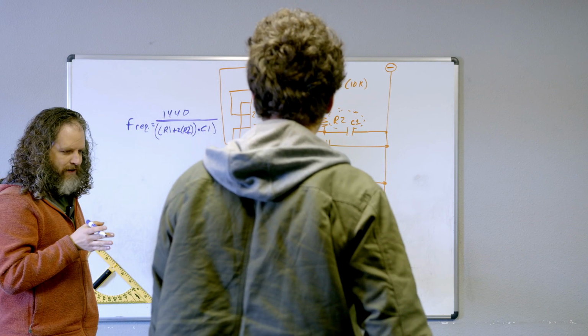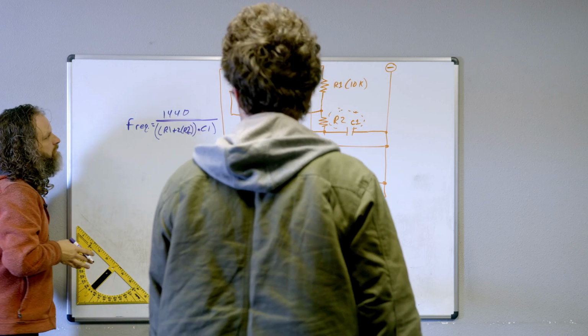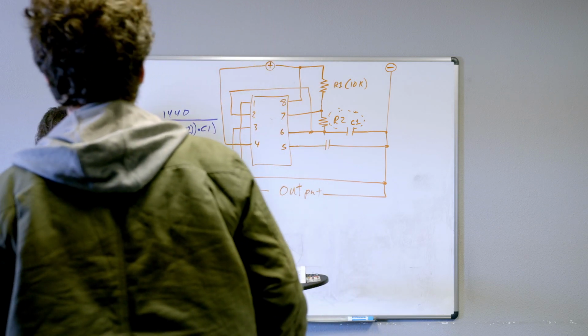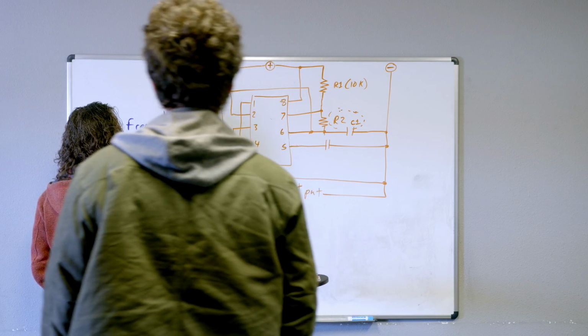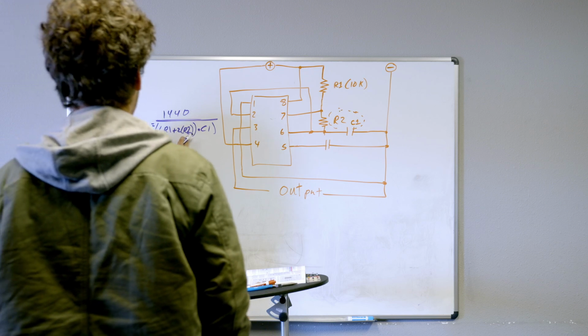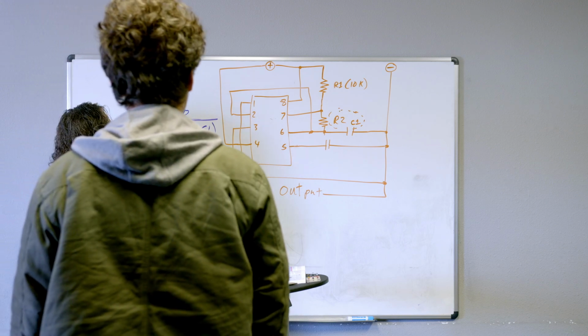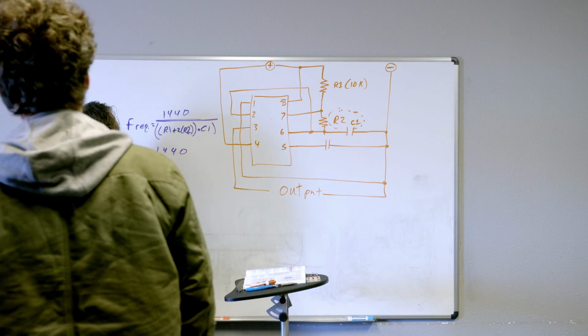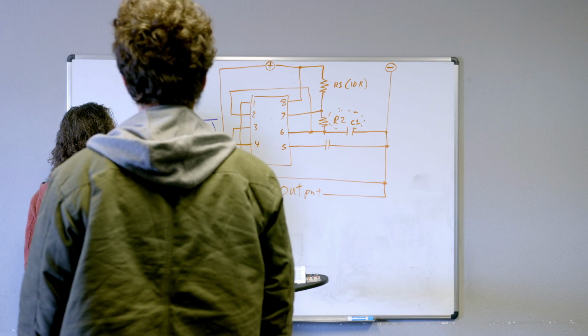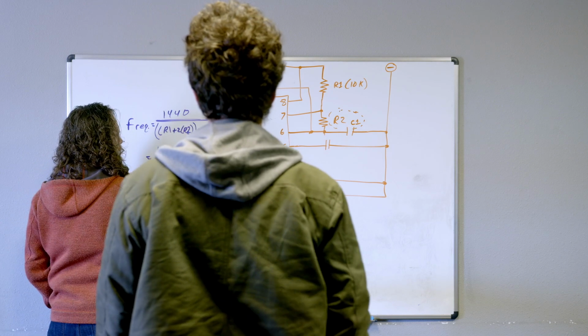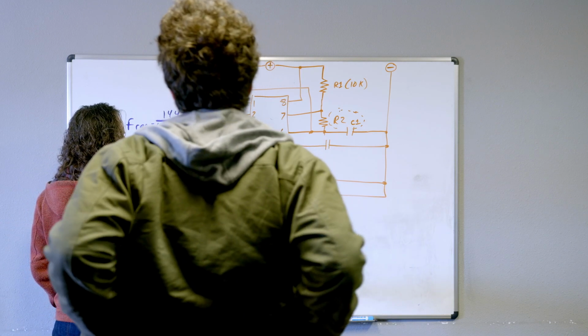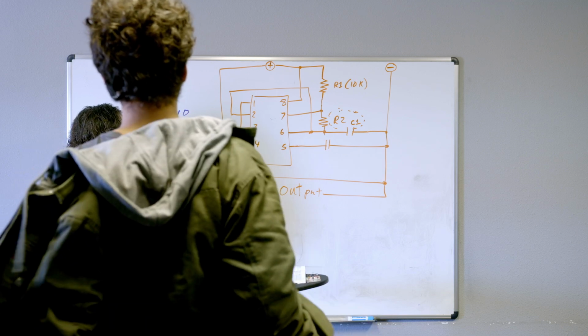So if we figure out what do you have in there currently at this moment? R1 is a 10K, right? Yes. We're keeping R2 fixed at 47K. So 10K plus 2 times 47K,